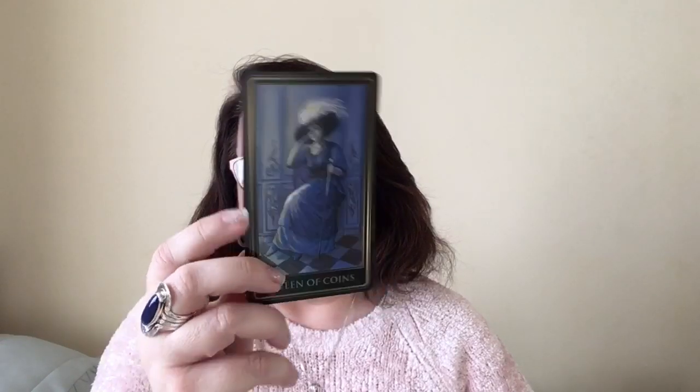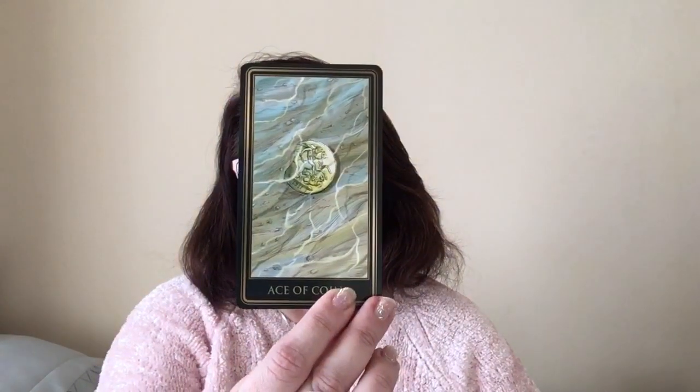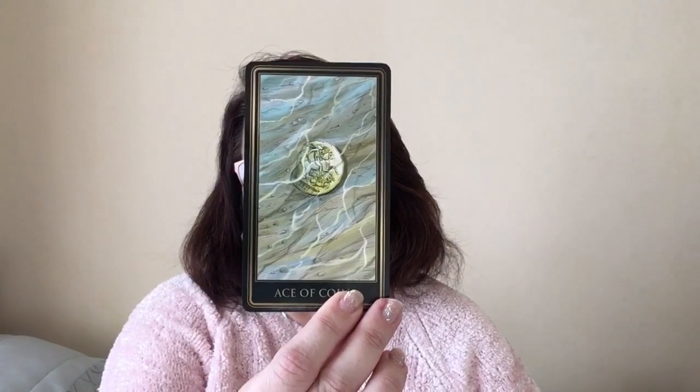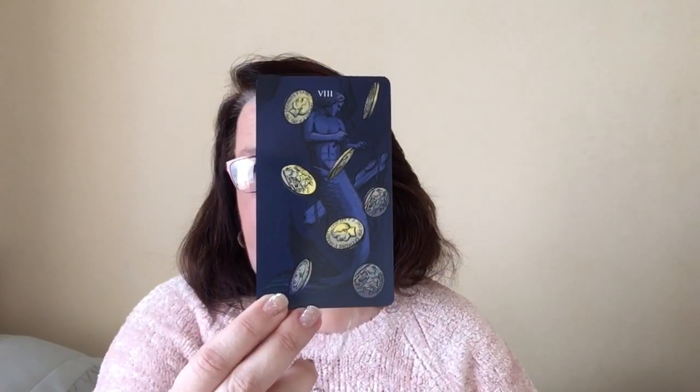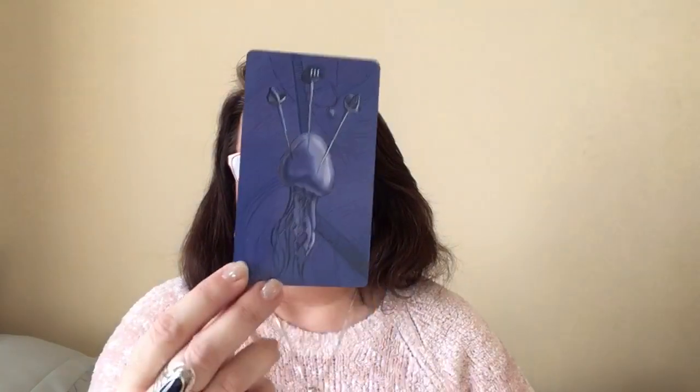that there's a difference in the borders, the edges, with the courts, the aces and the majors are different to the minors, and that I think may put people off. So this is the Ace of Coins, so again has those black and gold borders. But then we have the Eight of Coins, so it's borderless and is this blue colour. I actually love the blues in this deck for the minors. We have the Three of Swords,